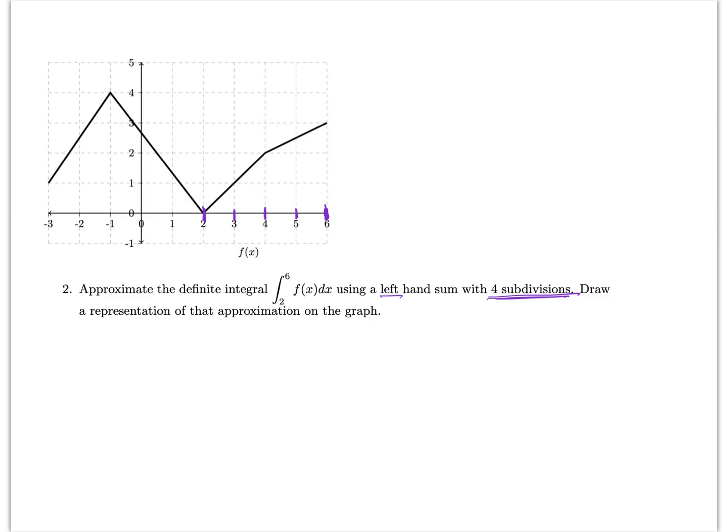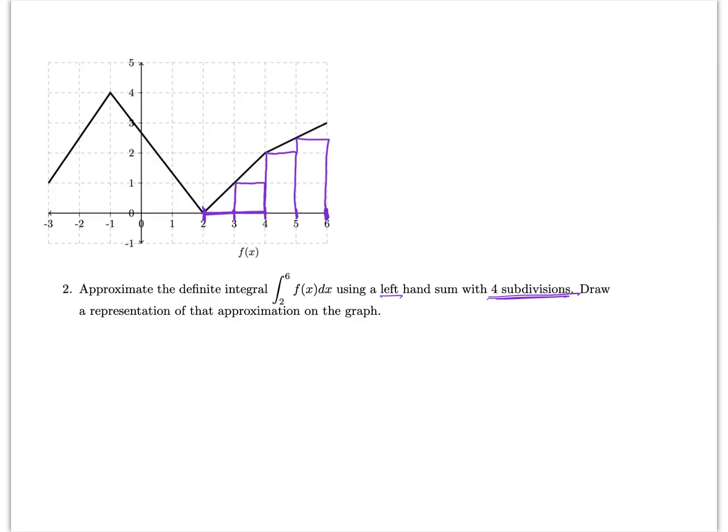And on each of those intervals, I'm going to build a rectangle. The height of the rectangle is the height of the function at the left endpoint. So from 2 to 3, the height of the function at 2 is 0. So that's just a flat rectangle. Then from 3 to 4, I'm going to build a rectangle. The height is going to be the height of the function at 3. So I'm going to start at 3. I'm going to go up to the graph till I hit it, and I'm going to build a rectangle that has that height. And then I keep doing that over each interval,